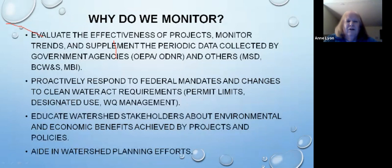Why do we monitor? I don't know if any of you know a lot about the state of Ohio, but the state of Ohio used to be mandated to monitor every other year and report it in biannual reports. But they changed that, and now they do a report on different subbasins every 10 years. And they call that report a total maximum daily load study. But between those 10 years, there's not a lot of data coming in except for when agencies like, for instance, the Metropolitan Sewer District here does some of its own monitoring projects with somebody like the Midwest